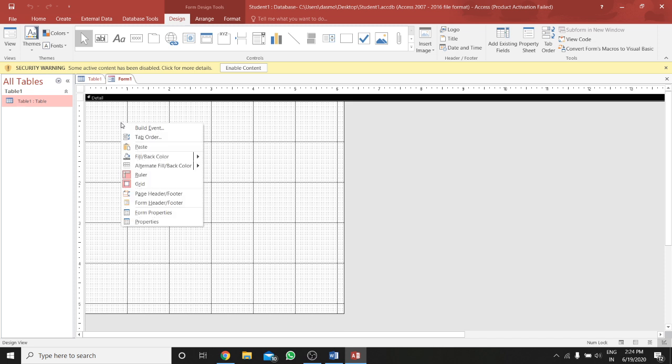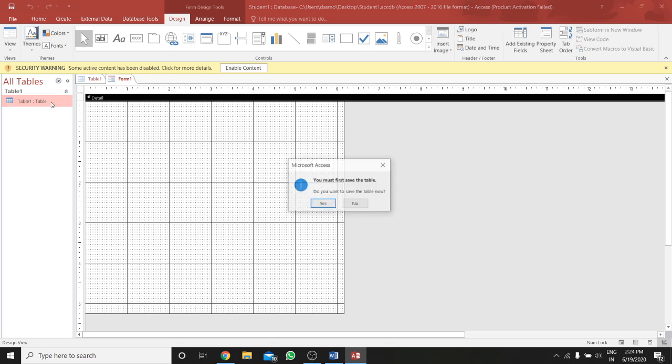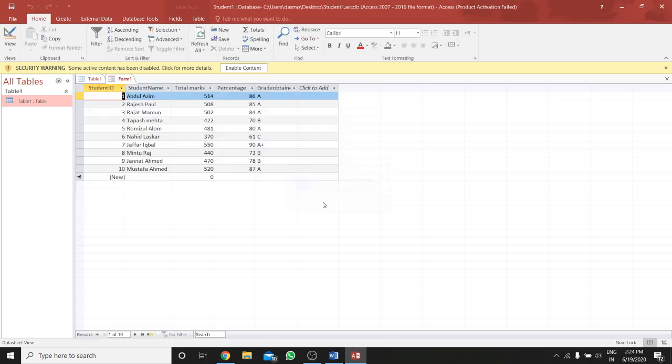You can add from the tables, we can add the form. This is one way. I am showing how.